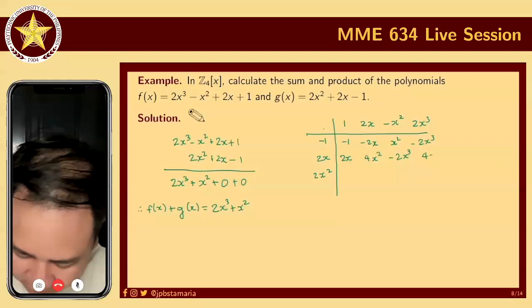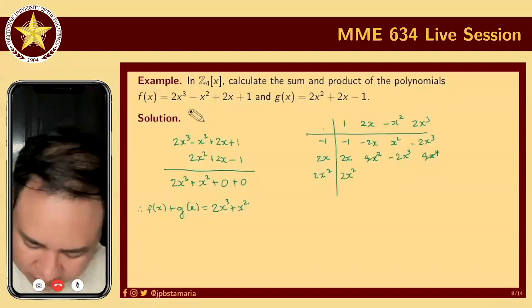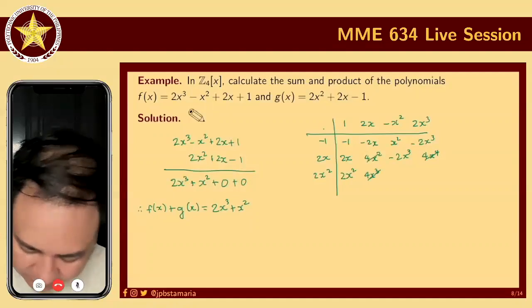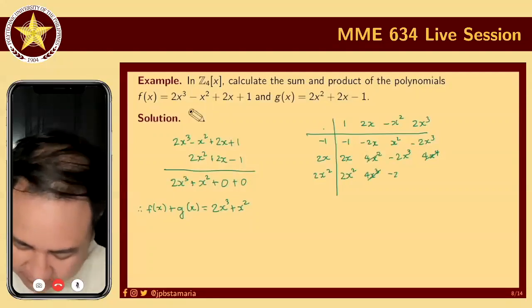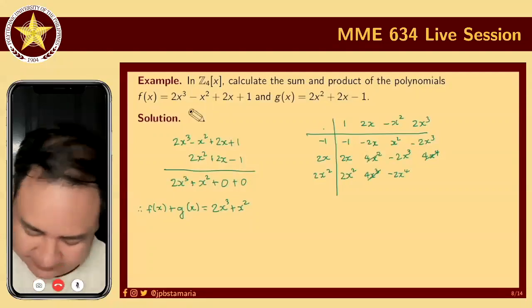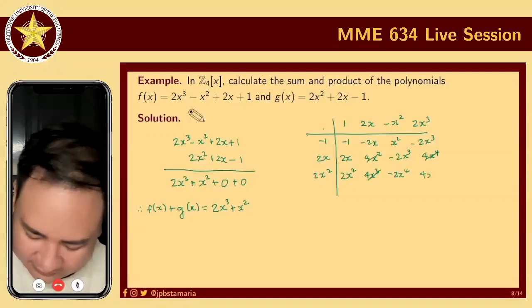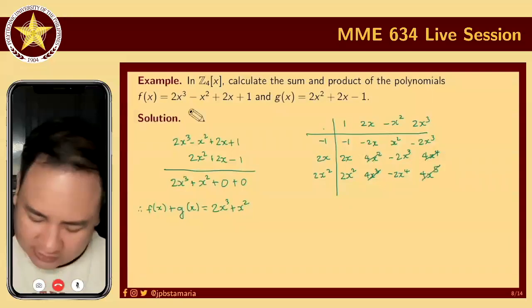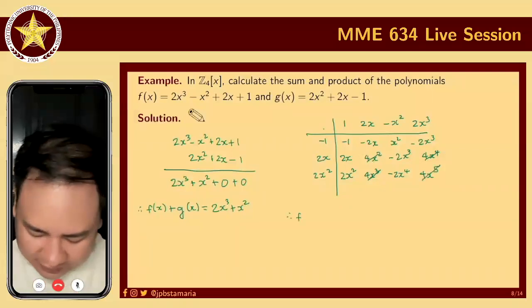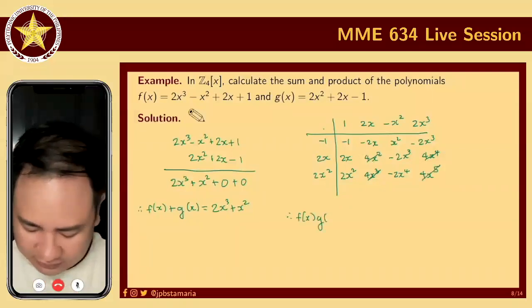So, actually, zeros na to, no? 0 na rin to. Negative. Ang hirap naman. 0 na rin to. X to the 5. 0 na rin to. So, therefore, f of x times g of x equals